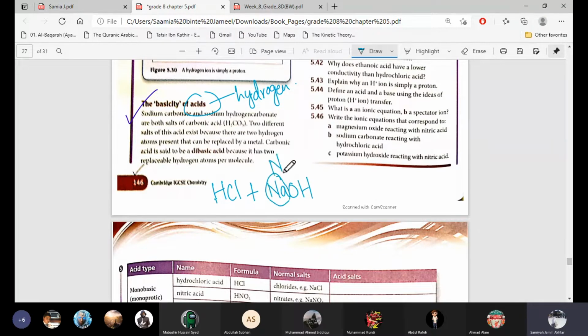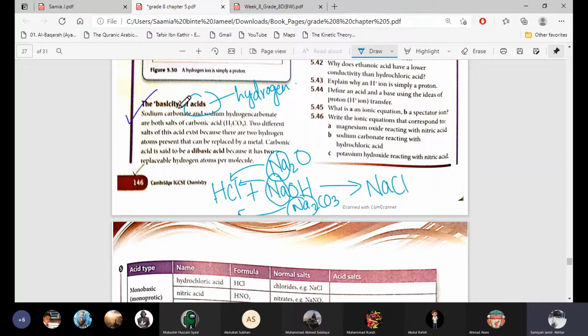In NaOH there is metal present. If we take a base also, Na2O, sodium oxide, is a base, so it also has Na in it. If we react with a metal carbonate, like sodium carbonate, there is sodium in it. The metal can be in oxide form, hydroxide form, carbonate form, or it can be the metal itself. When metal reacts with acid, the metal replaces the hydrogen, takes the place of hydrogen and forms a salt. So sodium will replace the hydrogen and form NaCl.